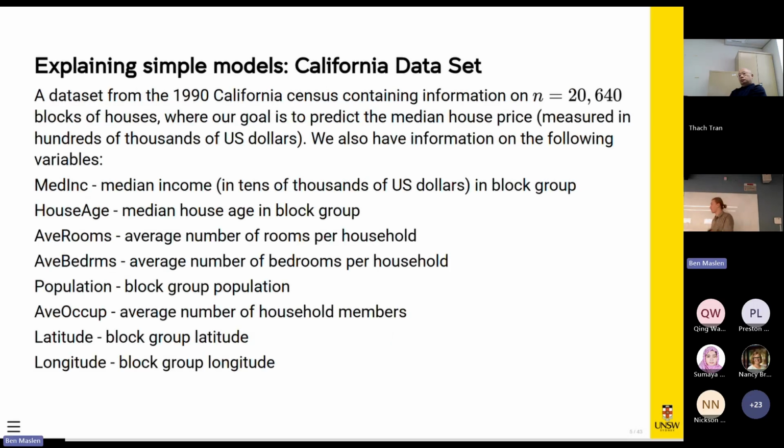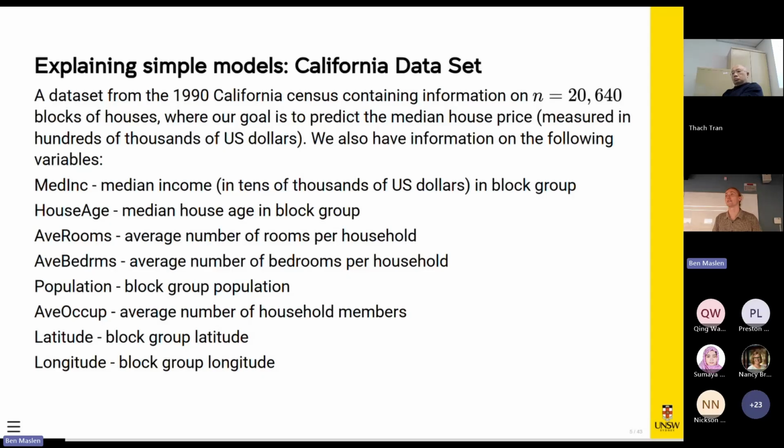So let's start off with a toy data set here. We've got a Californian census data set. We're going to apply some machine learning algorithms to this data set. This is a data set that's been used in the past. From this data set, we've got 20,640 blocks of houses, so multiple houses within a block. And our goal is to predict the median house price measured in hundreds of thousands of US dollars within a